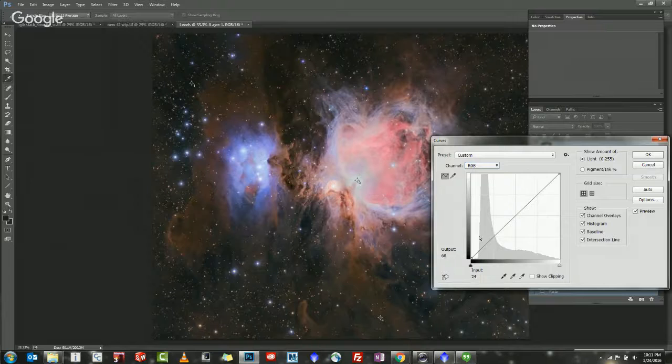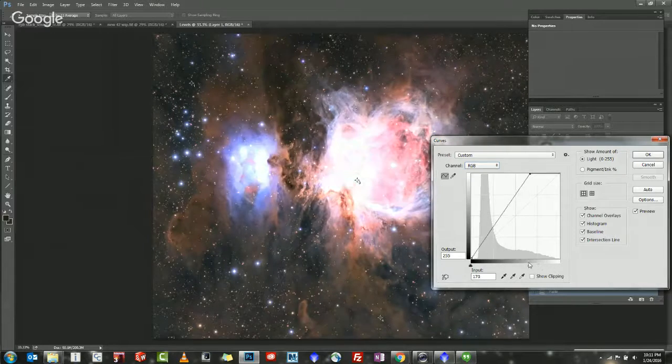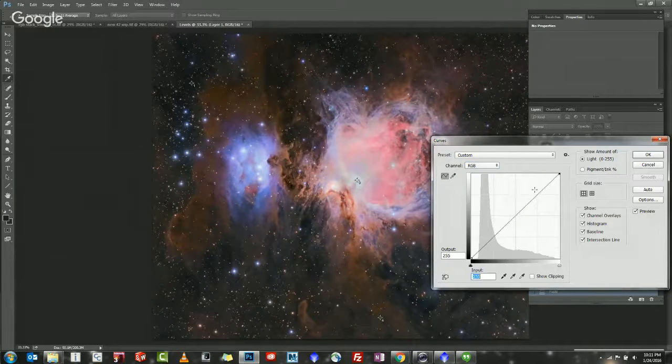So a curve is actually giving you a little more control over what you're doing with your histogram, and where you're moving points. If you're doing this as a levels adjustment, you have very little control, and this line stays kind of straight. But a curve lets you click on a point in your image that you want to fix. So if I want to bring up some of this brown background, but keep the black sky the same color that it is, black,